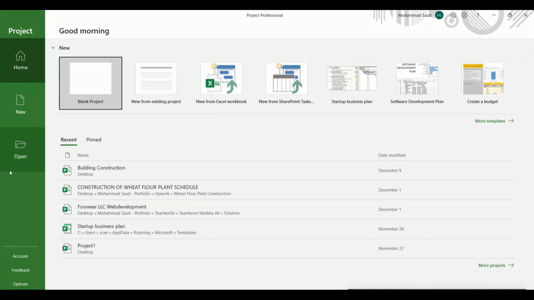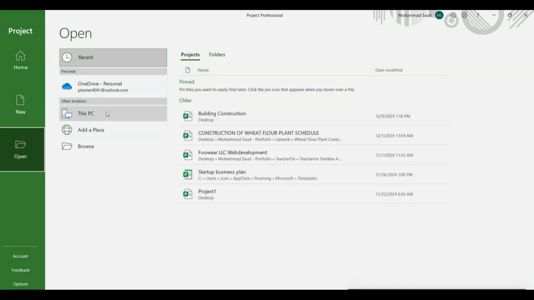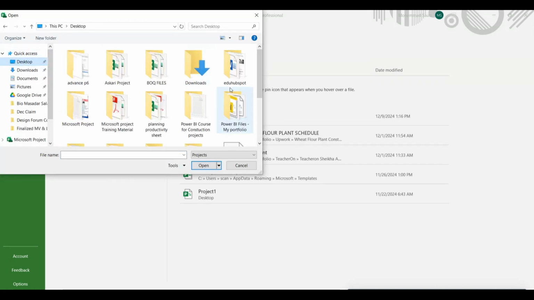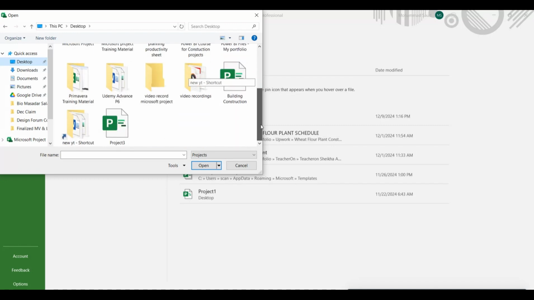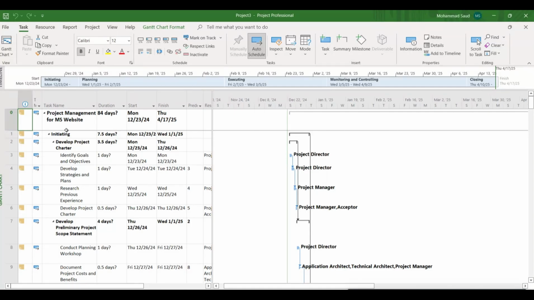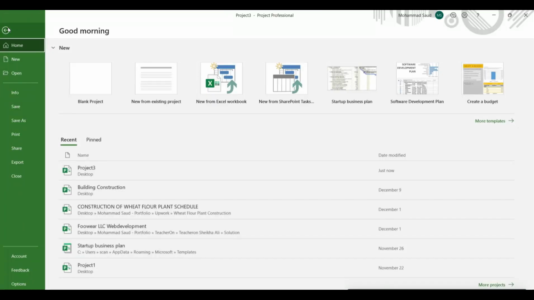these options here. So if you have created any project, you can open it from here. Go here and click this button, browse, desktop, and there you have it. So you go to file,